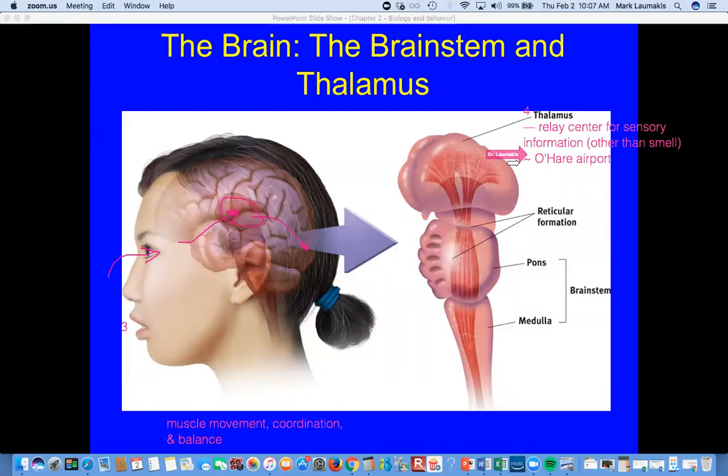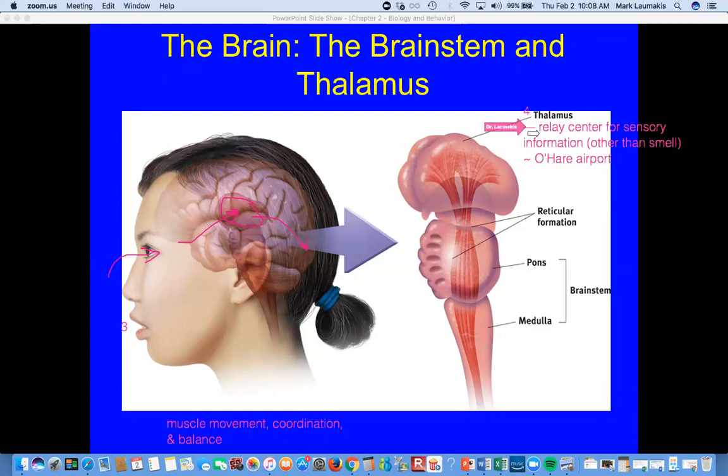Well, I'm saying that this thalamus structure in here is like O'Hare Airport because if you are traveling from either of the coasts, the East Coast or the West Coast, to some mid-size or maybe even smallish town in the middle of the country, it's very likely that the airline route to get to that smaller city is going to be through O'Hare, right? So I have a brother who lives in somewhere in Illinois called Jacksonville, Illinois. If you fly to visit my brother in Jacksonville, you're probably going to get routed, if you're coming from Philadelphia, where I grew up, through Chicago to Jacksonville. If you're coming from San Diego, probably through Chicago to Jacksonville.